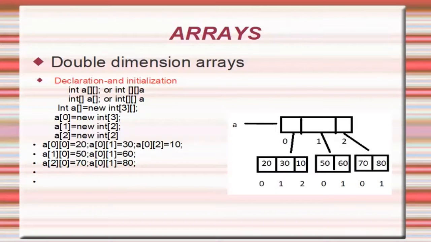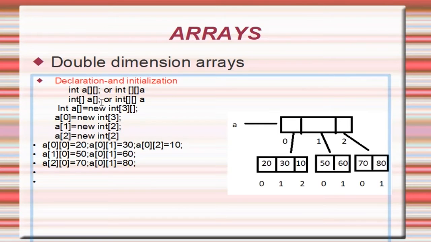That covers single dimension arrays. Now we will go for multi-dimension arrays. Multi-dimension arrays are nothing but an array of arrays. We can write double dimension arrays, we can go for 3D, 4D, like that we can write any dimensions we want. If you want to write a two-dimensional array, we just have to append another pair of square brackets like this. If you want a 3 dimensional array, you have to append another pair of square brackets. Like that we have to declare the dimensions.